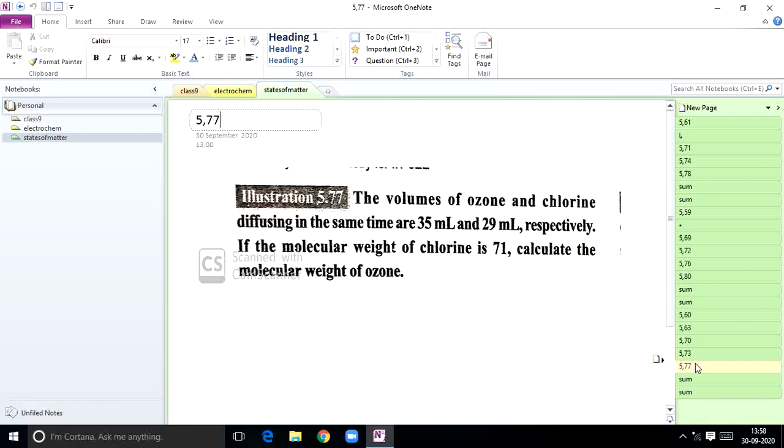I want to do it quickly. The volumes of ozone and chlorine diffusing in the same time: ozone gas O3, chlorine Cl2 diffusing in the same time, volumes are different. If the molecular weight of chlorine is 71, calculate the molecular weight of ozone. So very easy sum, students. Here, competition between